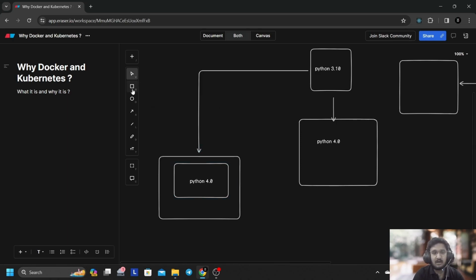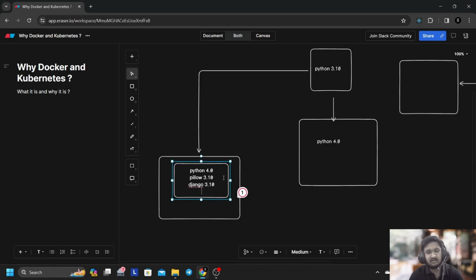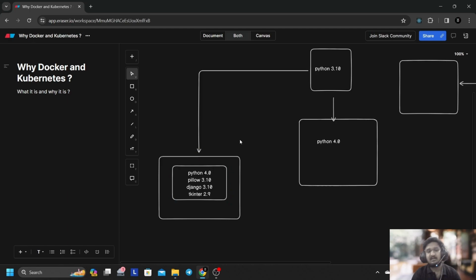And now this computer, everything he does will be stored in this container. For example, he installs a Pillow package with 3.10, and he installs the Django framework with 3.10, and he installs the Tkinter package with 3.2.9, let's say. All these are assumptions. I don't know the actual versions, but yeah. The main point is he will have